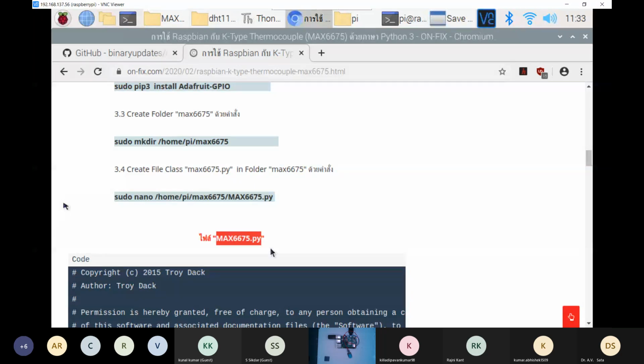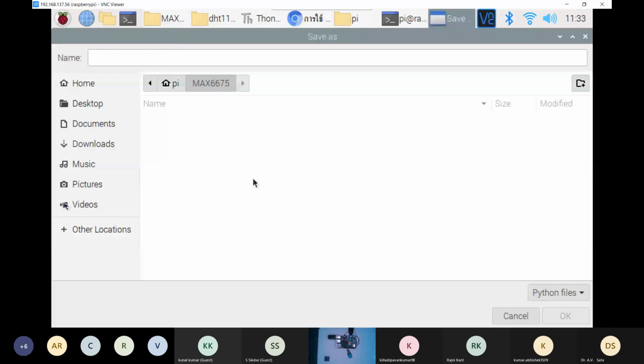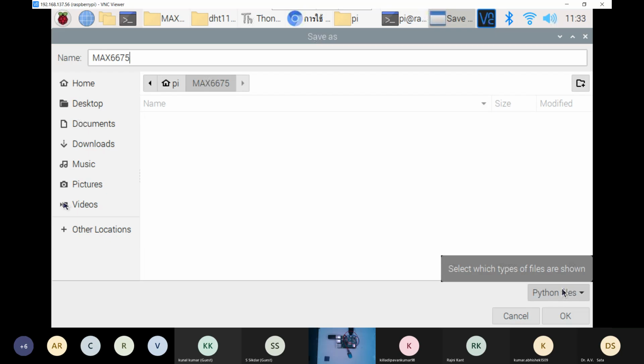Basically, I'll show you what I've done. We'll be saving it for next6675. And Thonny will automatically save it as a Python file, which is shown over there.